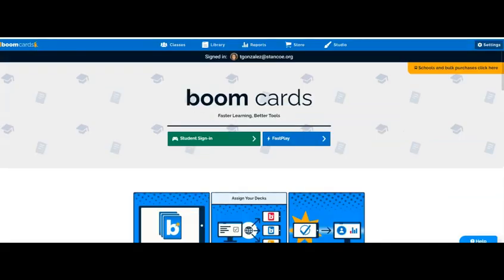If you haven't done so already, make a free membership with Boom cards. The homepage looks like this. It's separated into classes, library, reports, store, and studio. Within classes, you can group your